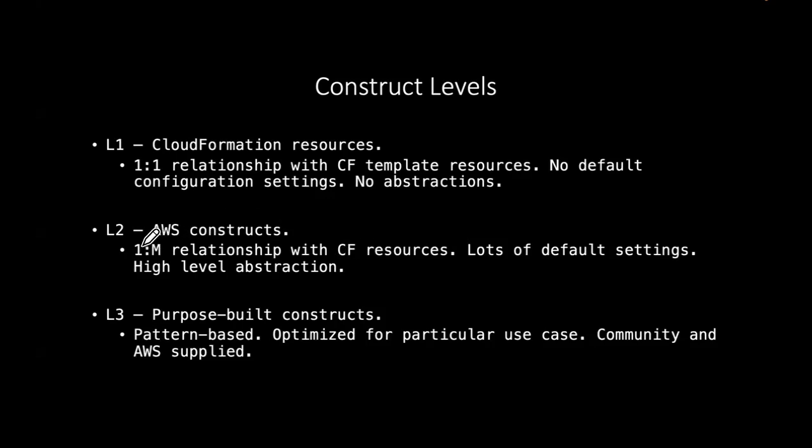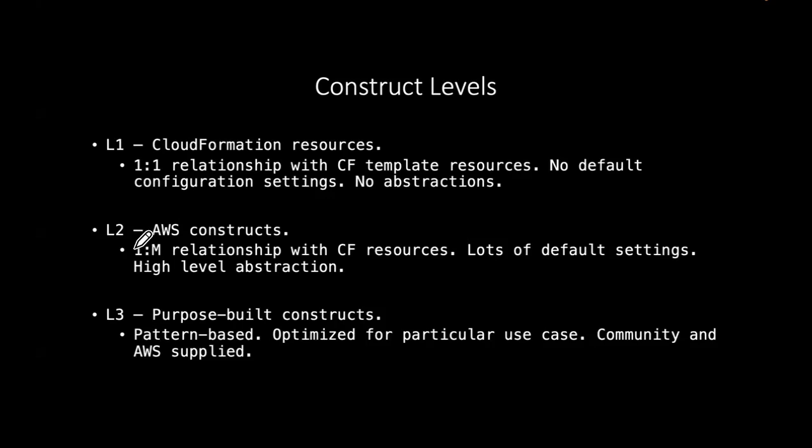So by creating one instance of a particular L2 construct, and there are a number of L2 constructs, when that code eventually gets executed, it will result in the creation of potentially a number of CloudFormation resources or infrastructure resources. Not a number of copies of the same resource, but different resources.